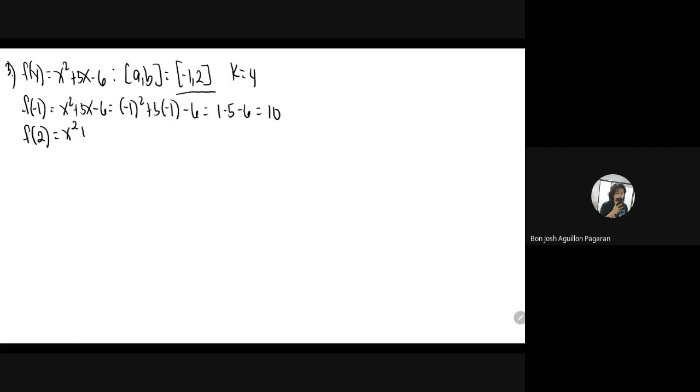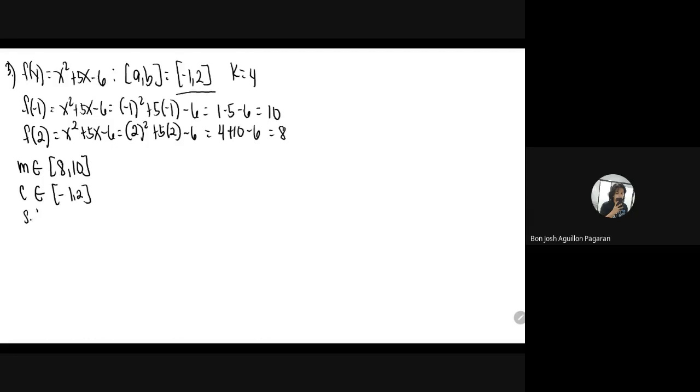Our f of B is f of 2. So that will be x squared plus 5x minus 6. That's 2 squared plus 5 times 2 minus 6. That will give us 4 plus 10 minus 6. So 14 minus 6, that's positive 8. So meaning to say there exists m, which is an element of the interval between f of A and f of B, and C, which is an element of negative 1 and 2, such that f of C